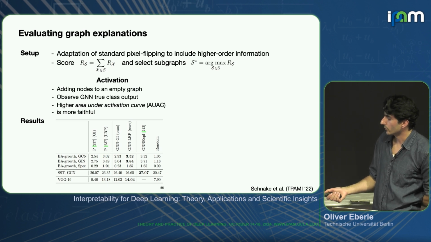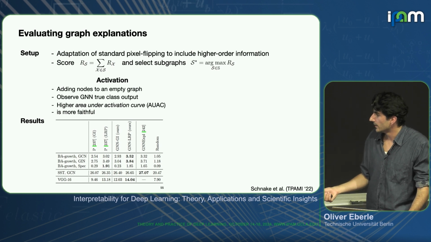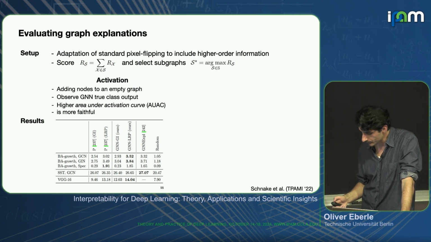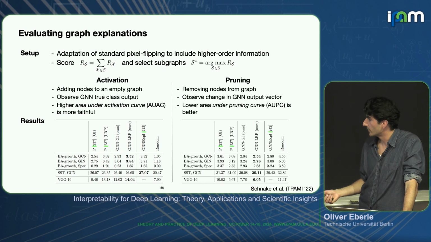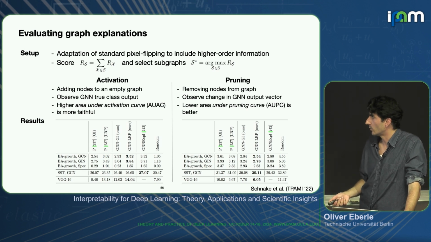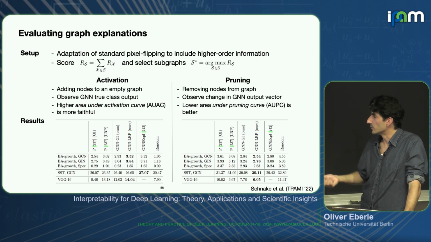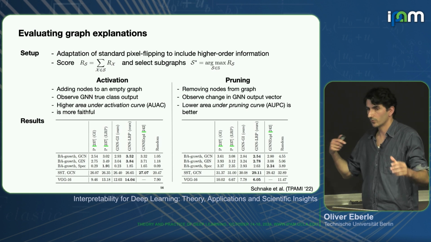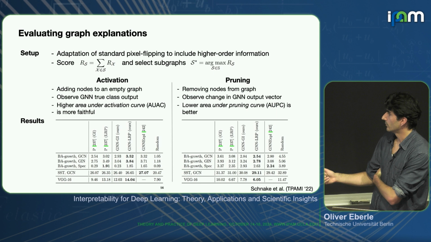These were all simpler synthetic data sets, and here we did it on vision and NLP data sets. You can add nodes, but you can also remove them, and the picture is the same. You can always check if adding the most important features gives you a faithful explanation, but also if you remove the least relevant ones, it shouldn't really change the output much. So it's two different perspectives on the same evaluation, but they give you complementary insights.